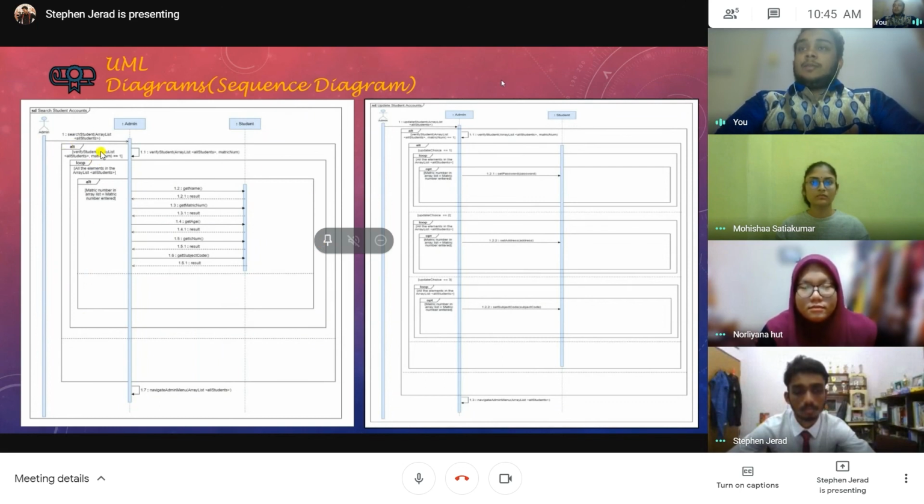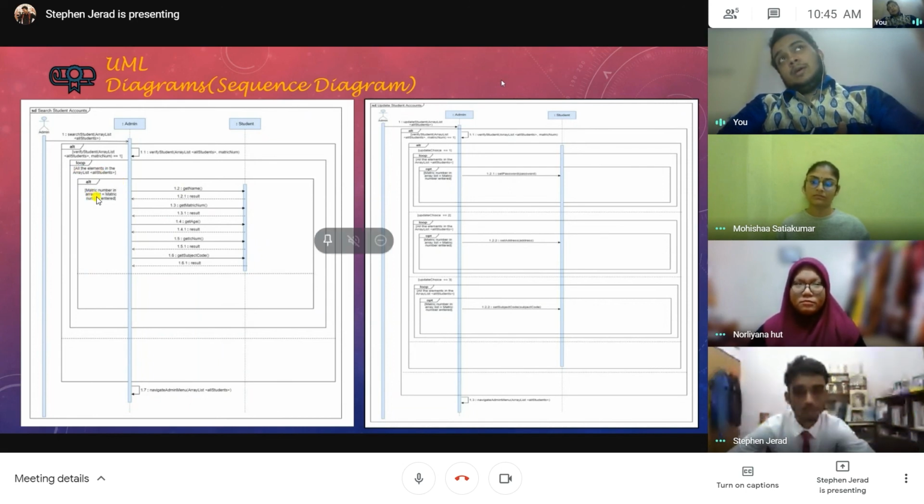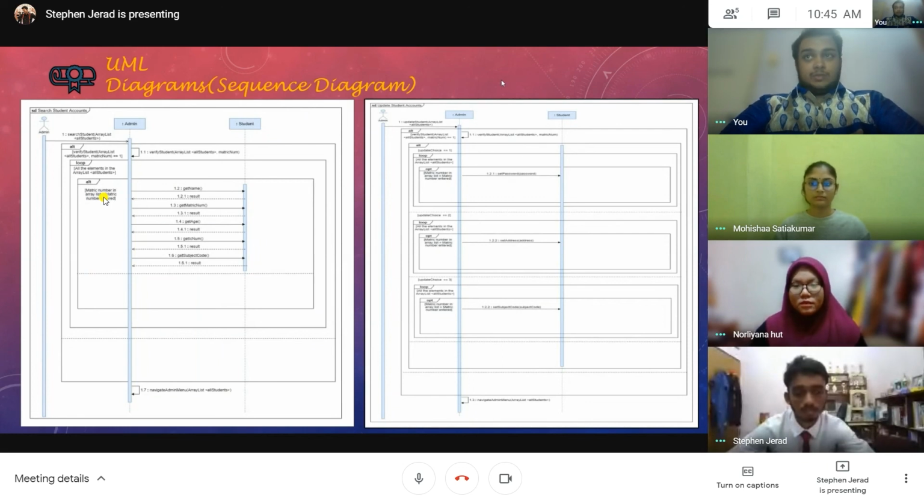The alternative fragment operator verifies whether the student is in the program or not. After verifying, we will call the loop fragment operator to loop through all the elements. When looping through all the elements, the metric number that the user entered will be compared to the metric number in the array list. When it is equal, then we will get the name. As we are searching the student, we will get the name, metric number, age, IC number, and subject code. These are the getter methods that will interact with the student class.